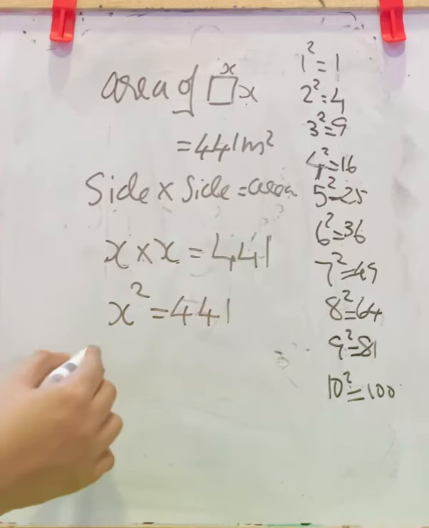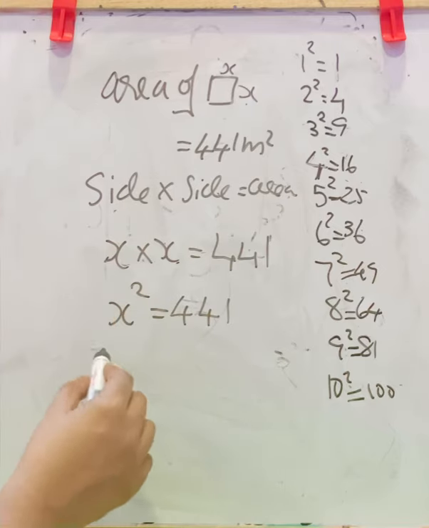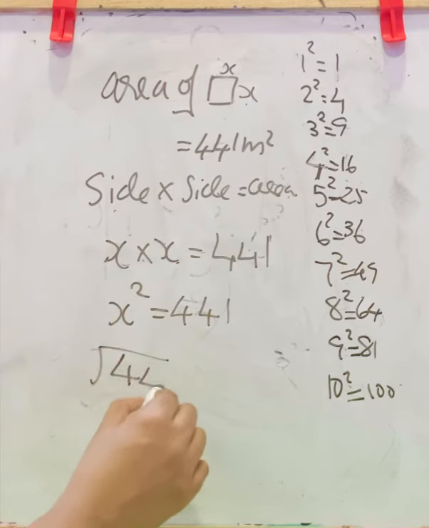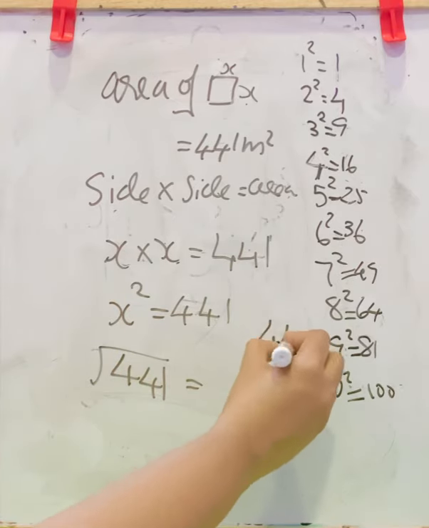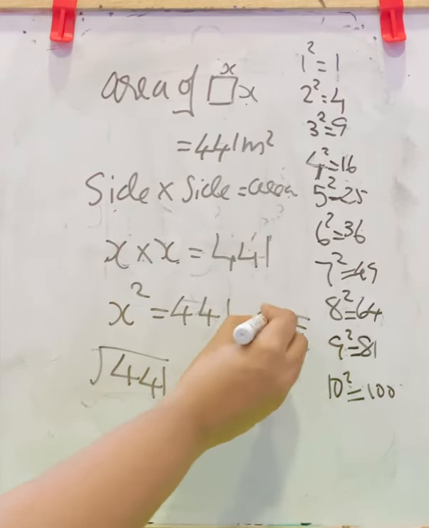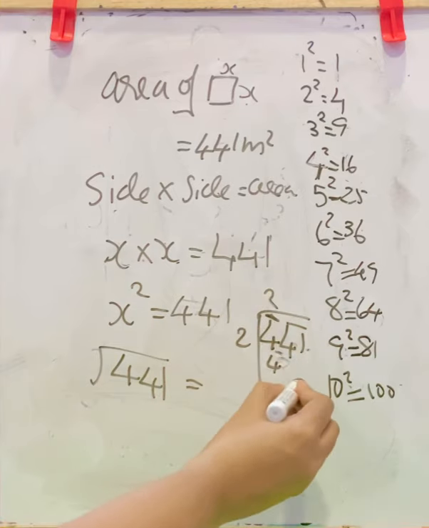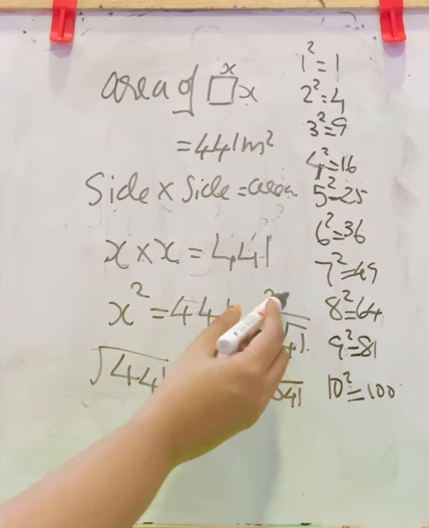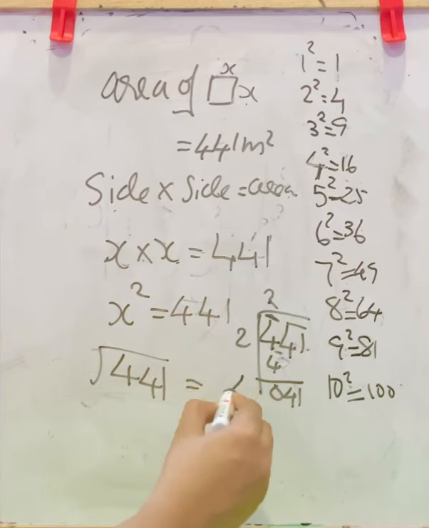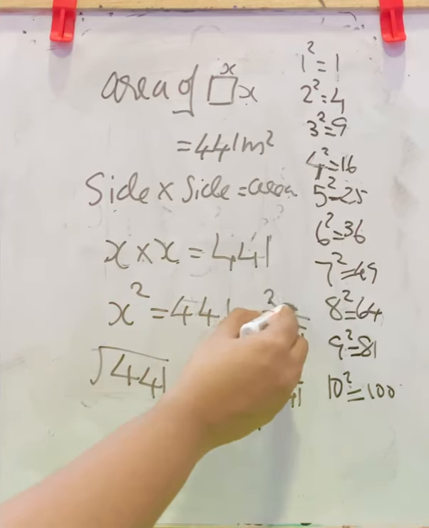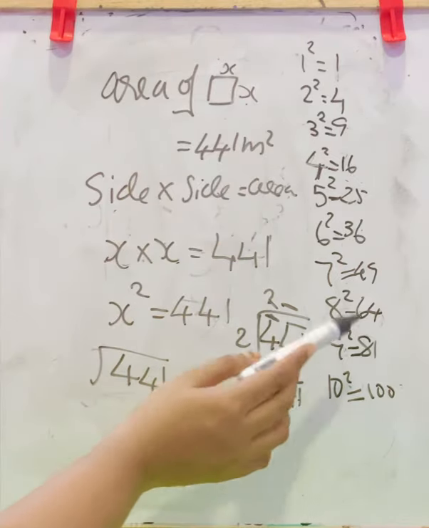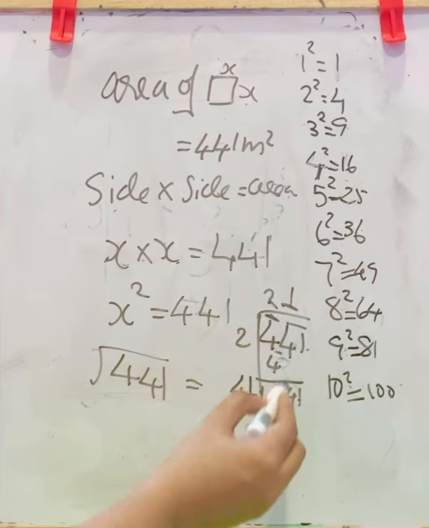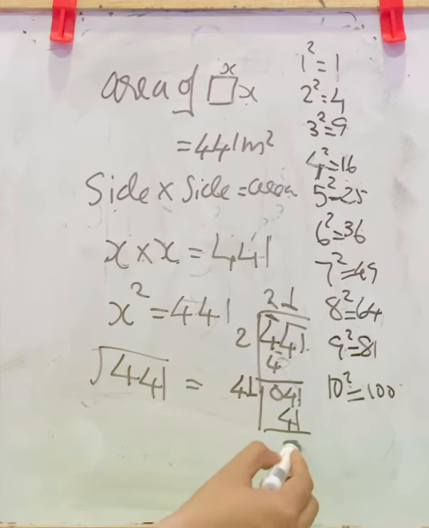Now to find the side, that is find the value of x, you have to find the square root of 441 and you will get the side. So how will you find the square root of 441? You can use the division method. 441, first pair it. Now 4, it is 2 2s are 4, balance is 0, carry down this 41. Now double this 2, 2 becomes 4. 4 dash into dash. Here the ending digit is 1, so either it will be 1 or it will be 9. First we will try with 1. 41 into 1, 41. Balance is 0.